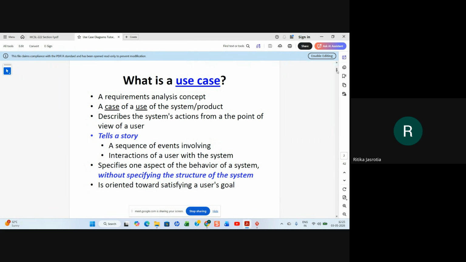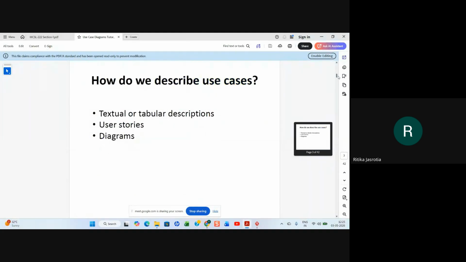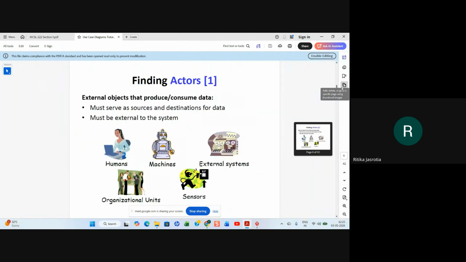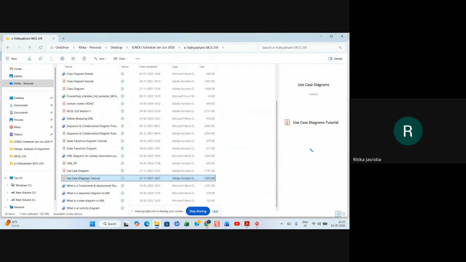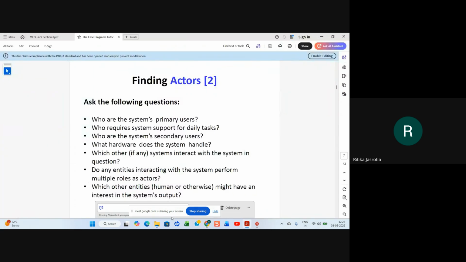That is one point. Here it is not given. In the tutorial I'm seeing. Okay.